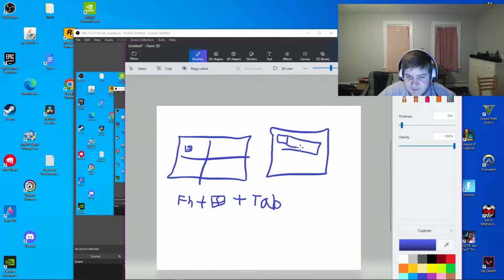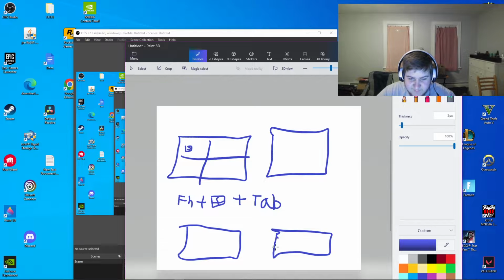Because once you click the new desktop thing, it'll say new desktop, and that'll bring it so that you basically have two virtual desktops like this that aren't connected. I'm not very good at drawing. And on one of them, you're going to have Fortnite running. And on this second one, you're going to want to have